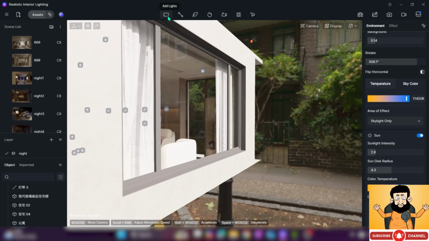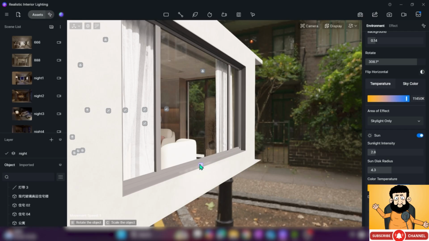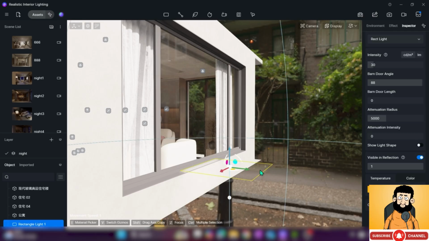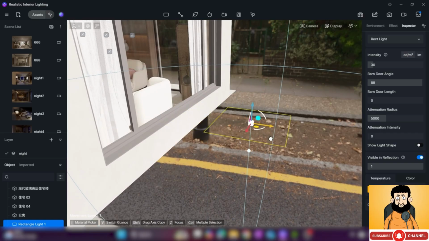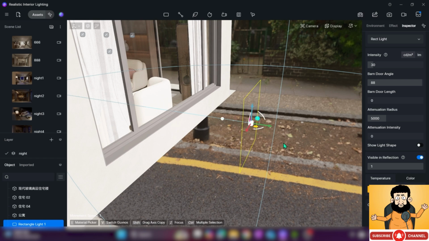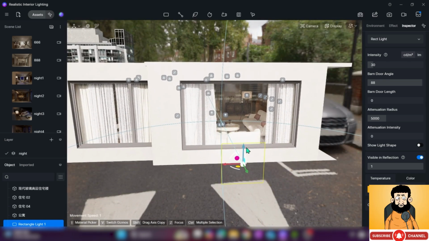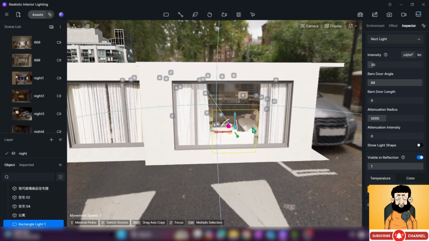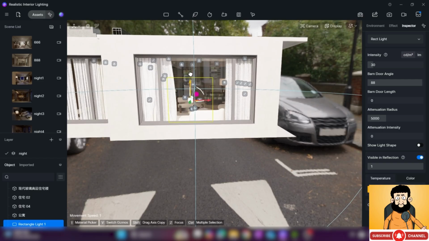So what I'm going to do is add a light here, and I'll go with the rectangular light and apply it. Okay, now this is my rectangular light. I'll make it a bit backward, and now I'm turning it 90 degrees. Now this is my light. Now you can see here, I'll place it here and increase the size here. Okay, I'll increase the size a bit more. Okay, now it seems